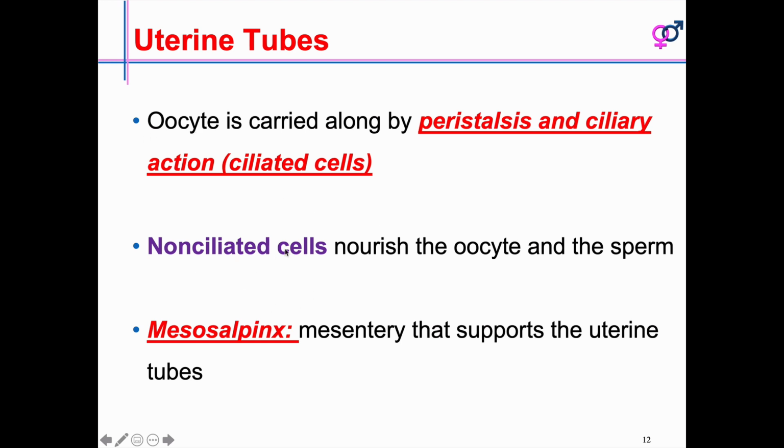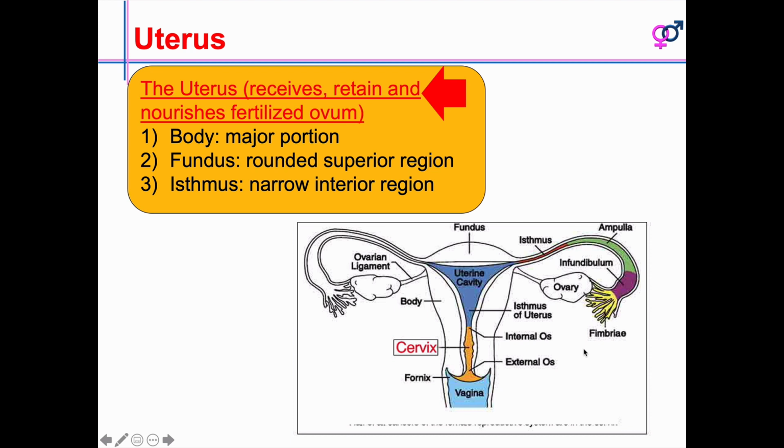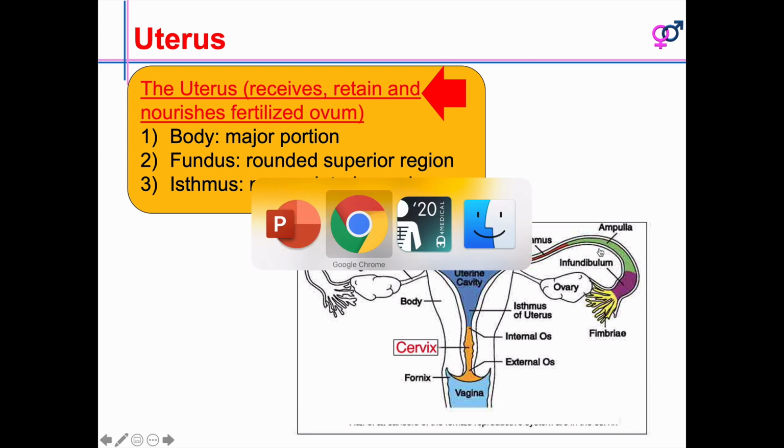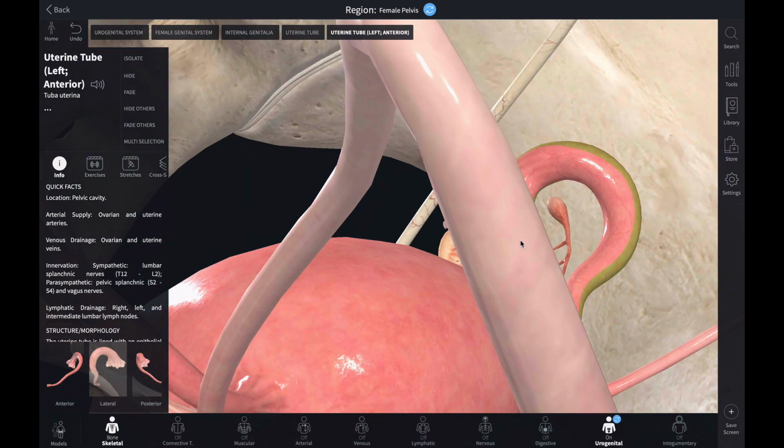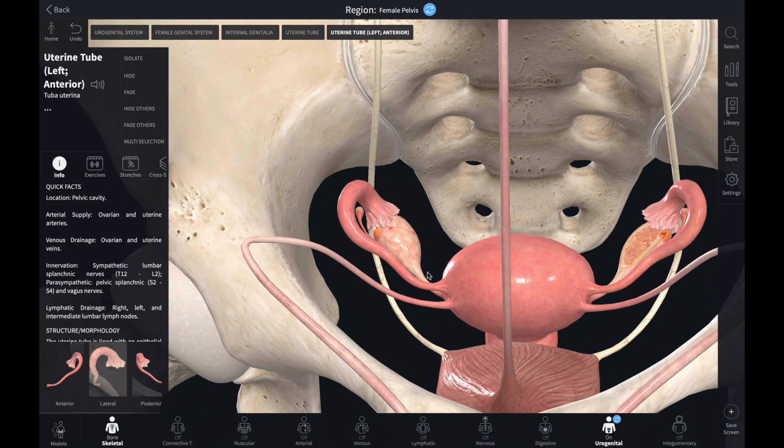Okay, so the mesosalpinx is a mesentery that supports the uterine tube. So now we have to understand this is the mesosalpinx. I will show you in the model, so you will be able to have a better understanding. If you look at this connective tissue here,